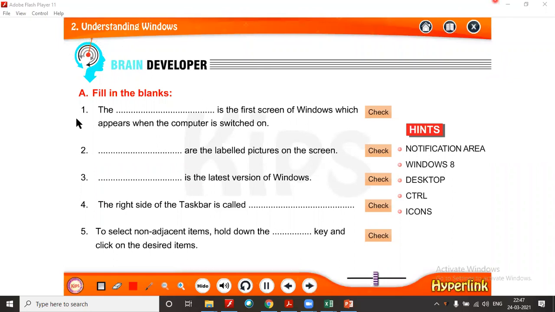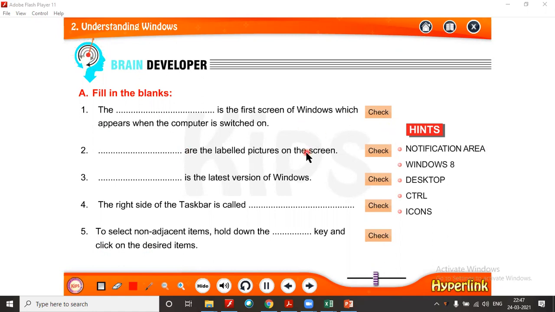Here we have 5 fill in the blanks, and there is a hint for you. There are 5 options given here: notification area, Windows 10, desktop, control, icons. Now we are going to fit these 5 options and place each with the correct one. Shall we get into it?